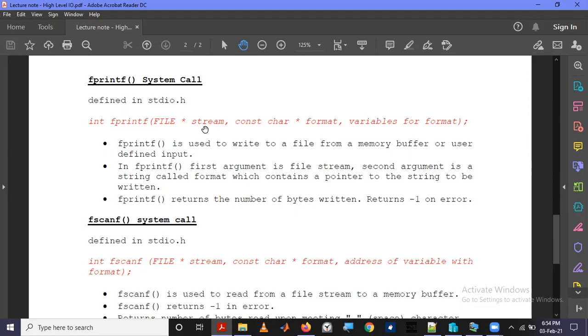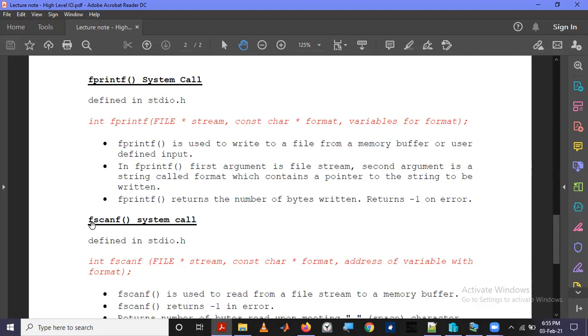Right. So the next thing, you had studied about scanf before. So scanf, what was the function? Scanf gets the user input and stores it in a memory specified in its arguments. Scanf did that part. Just like that, fscanf, that means file scan.